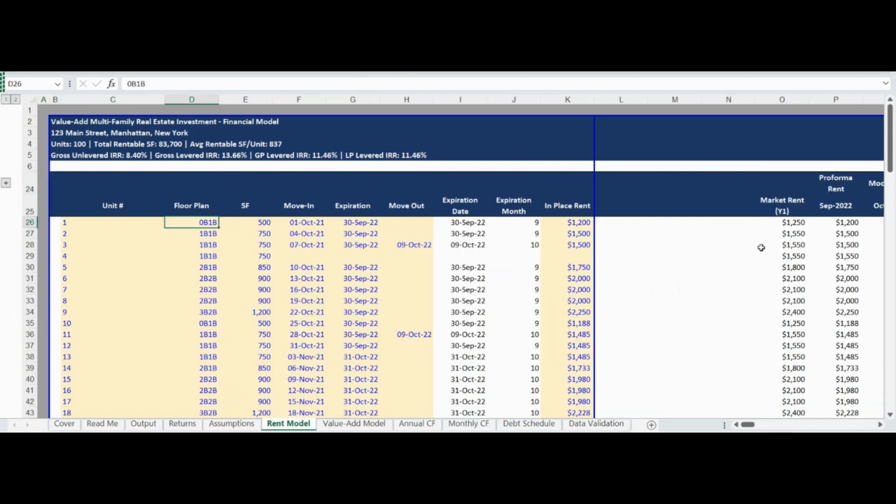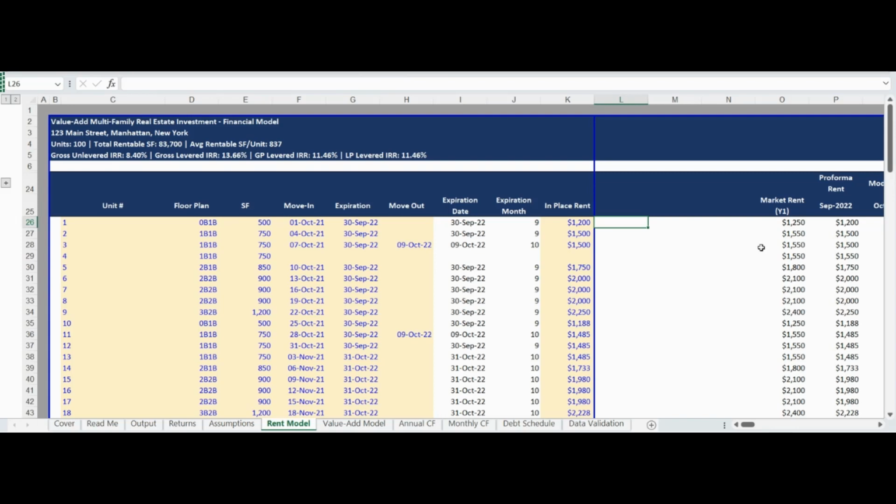The first input in the revenue model is for the unit number, which is useful for referring to individual unit level information. The second input is for the corresponding floor plan to the unit number. The floor plan drives the lookups for the new lease rent growth and renewal rent growth, making it an incredibly important input. Please note the floor plan in the revenue model must tie exactly to the floor plan inputs in the Assumption tab. The third input is for the square footage of the unit, which is used for calculating price, value, and rent numbers on a per square foot